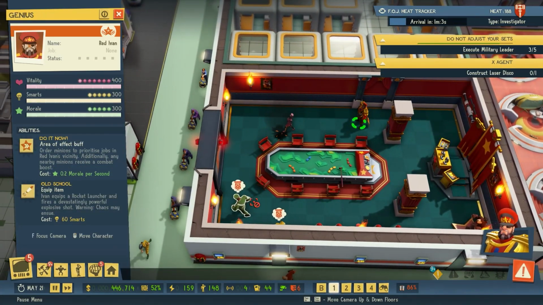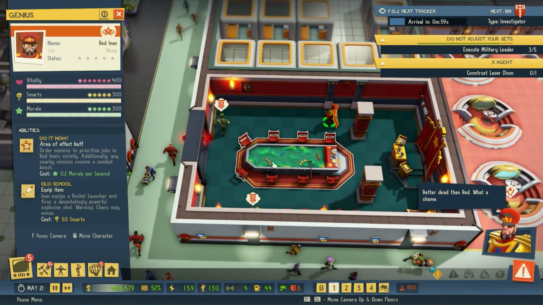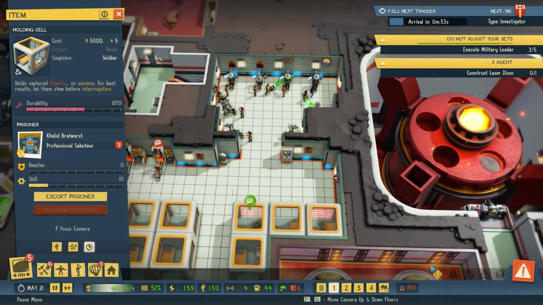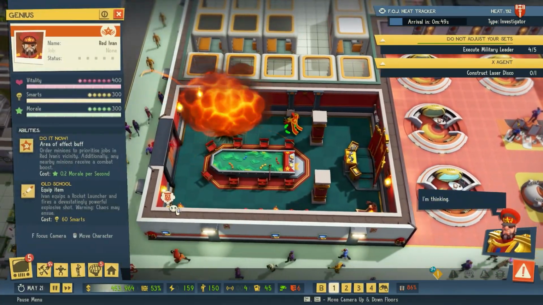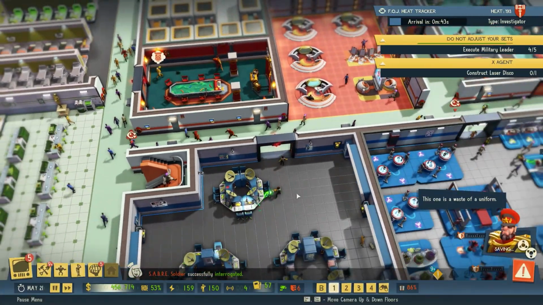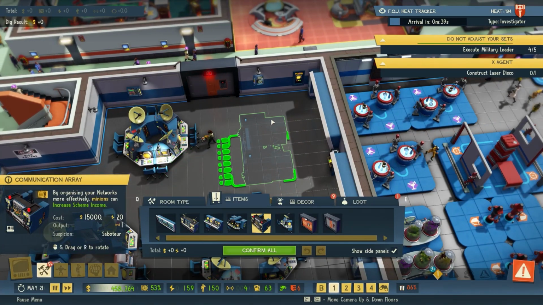So a couple more to deal with, and by the time we've probably sorted that out, this thing will be absolutely and utterly destroyed. We'll have to repair it at some point, but there you are. We'll go to escort prisoner, and there's actually nowhere to escort them to, so I'm going to escort them to the Brainwasher 5 million and get that one sorted. And then finally, we'll get the last one done there, and that'll be alright. So over here, we're going to be placing some new items, specifically the communications array, which I'll just put...